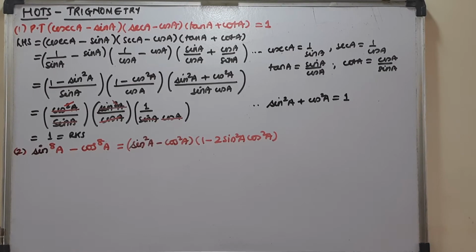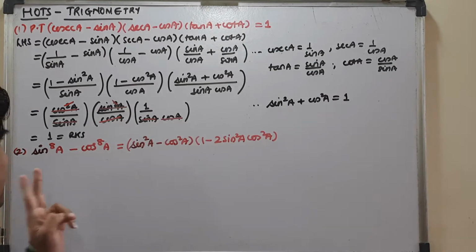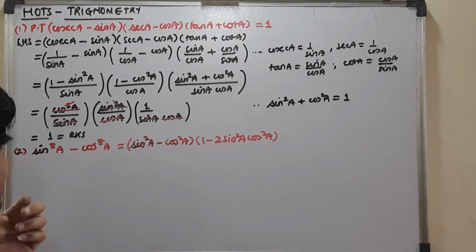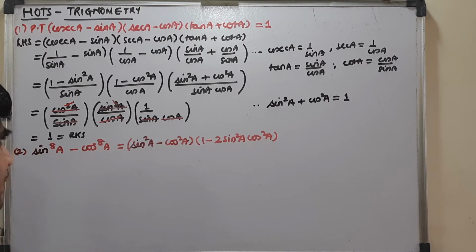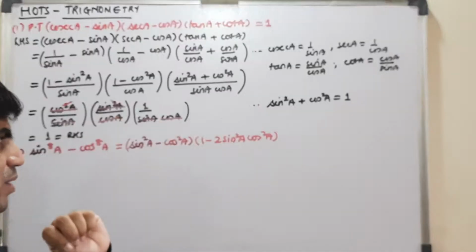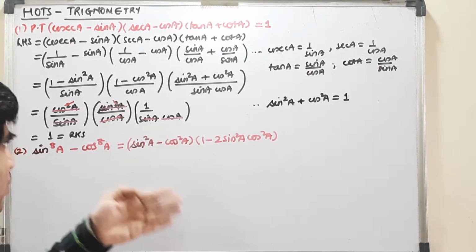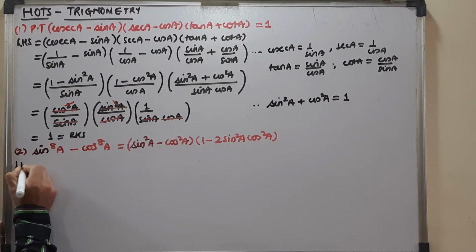The question says sin raised to 8A minus cos raised to 8A. It should be this one. I can follow both ways, that is, I can take RHS and solve for LHS, and I can take LHS and solve for RHS. So what should be my proper choice? There are 2 terms over here and 2 terms over here, and multiplication will give me 4 terms. This way also can go, or I can go with this. So I prefer taking the left hand side.